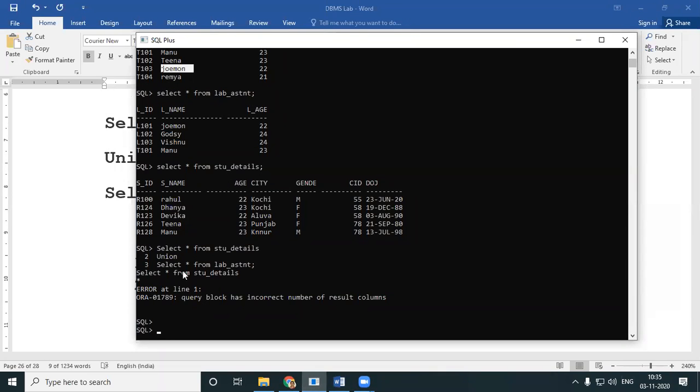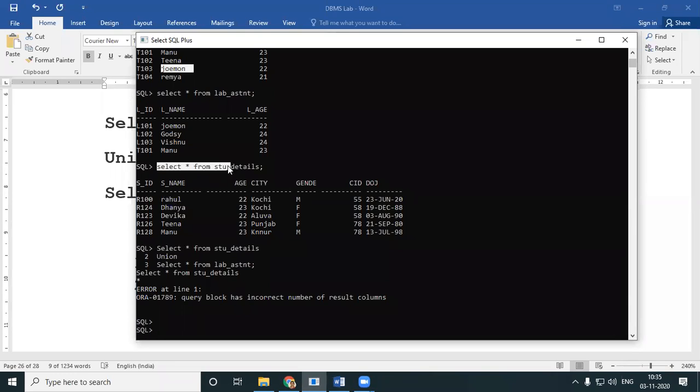Okay, now you are getting an error over here. You're getting an error telling that there is an incorrect number of result columns. We'll have to learn about this error in detail when we learn about set operators. Now look here. The first query was select star from student details.